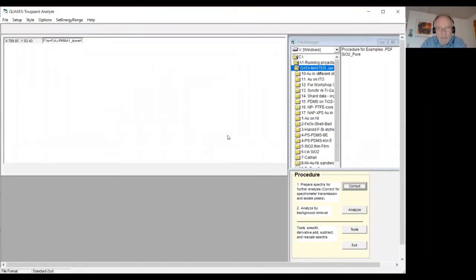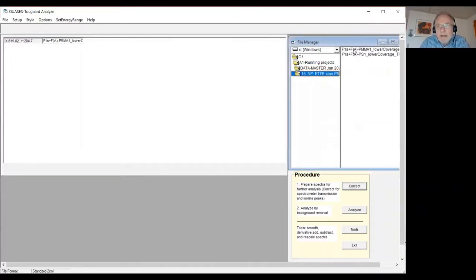So now we will have a look at the analysis of the coated nanoparticles with the PTFE core. I have the data in number 16 here, and we have PMMA here and PS, polystyrene. They're both lower coverage spectra, which means we have a sub-monolayer of the nanoparticles on a silicon wafer. Look at the PMMA first